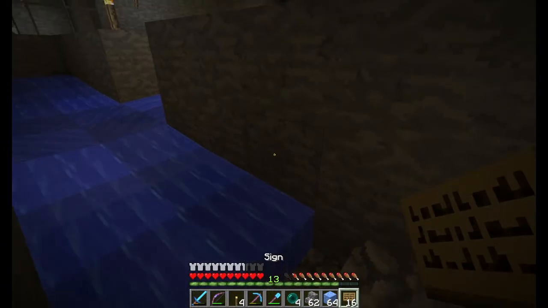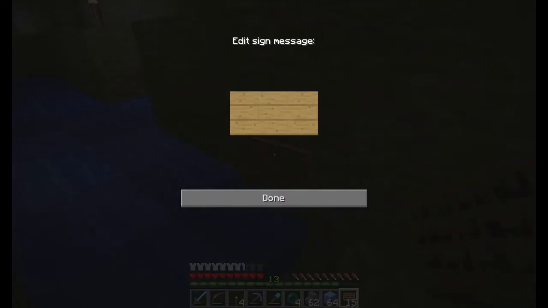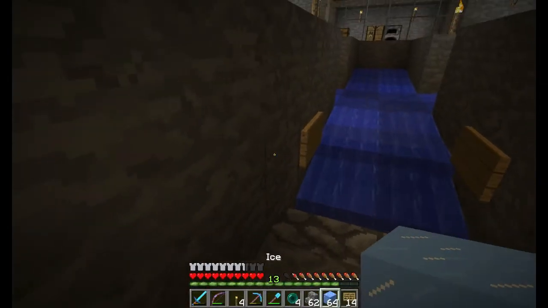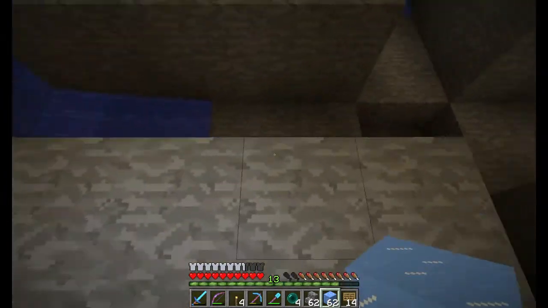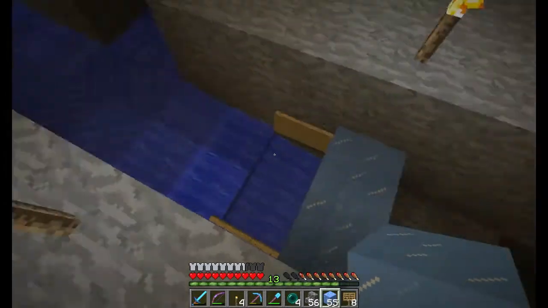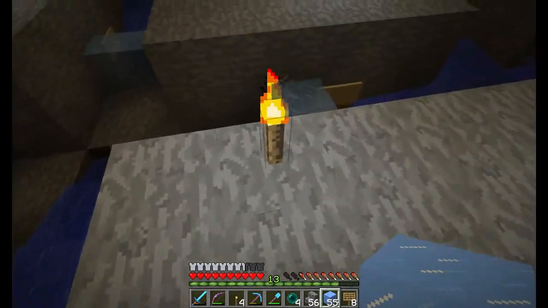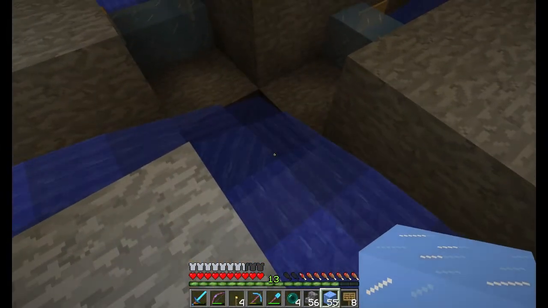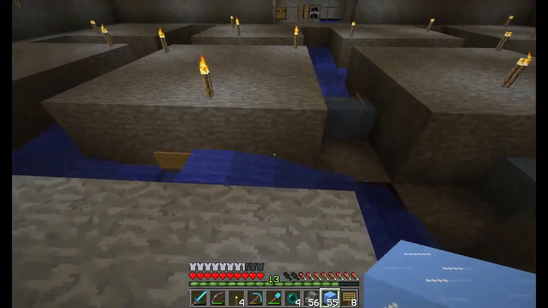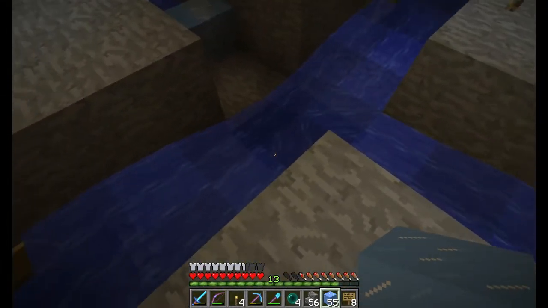A sign. Right here, I think that's the right place. And we would have these blocks right here. And we'll have to do that on all four sides. And now, when we break all this, it all should flow right into the center block there. And I don't really remember if I'm supposed to dig that center down 2 blocks or not. It may not